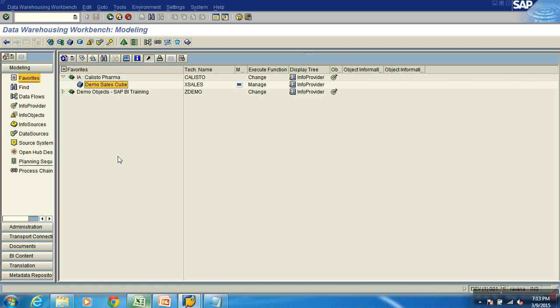Metadata information about any object. This cube is there, what objects are in the cube, what is its name, what is its story — all of that we call metadata. Okay? So now my next target is I need to extract data from that file and load into my cube.